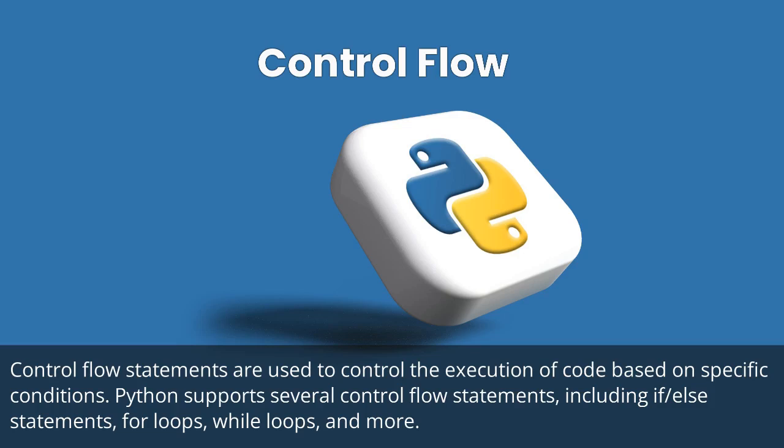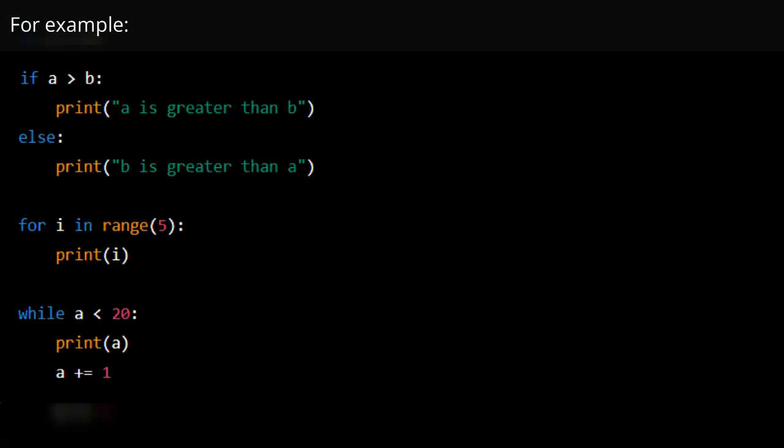Control flow statements are used to control the execution of code based on specific conditions. Python supports several control flow statements, including if-else statements, for loops, while loops, and more. For example,